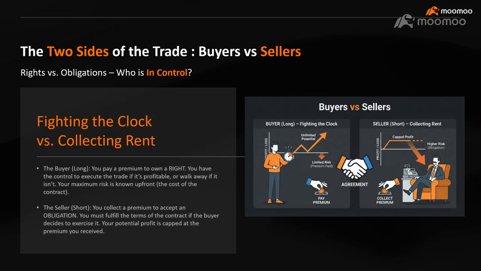It will be much easier for you to understand if you have shorted the underlying before, be it an ETF or any kind of stock. In options it is the same: we have a buyer, and there will be a seller as well. A lot of people have this misconception that with options you can only buy. That's kind of wrong, because if you have a margin account, you can actually go long and also go short on options.